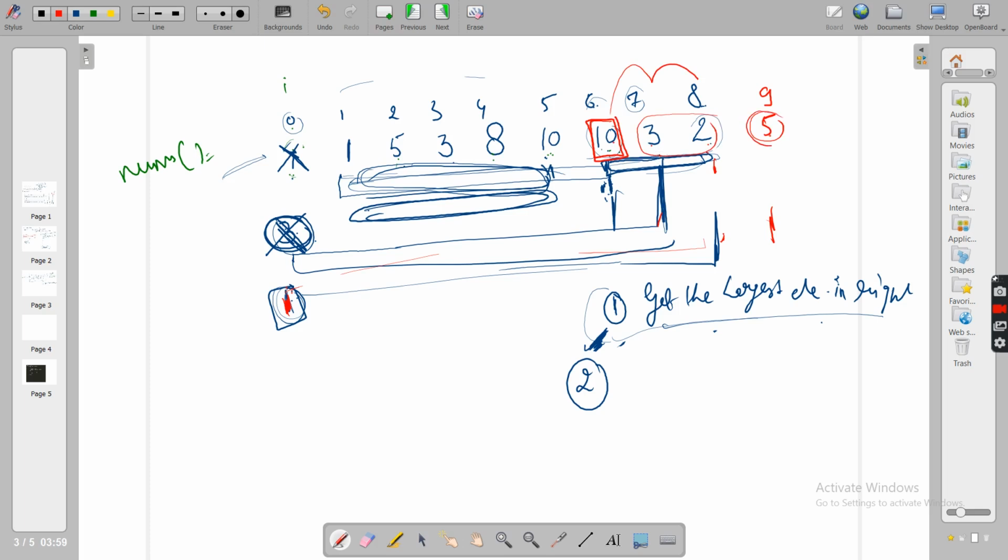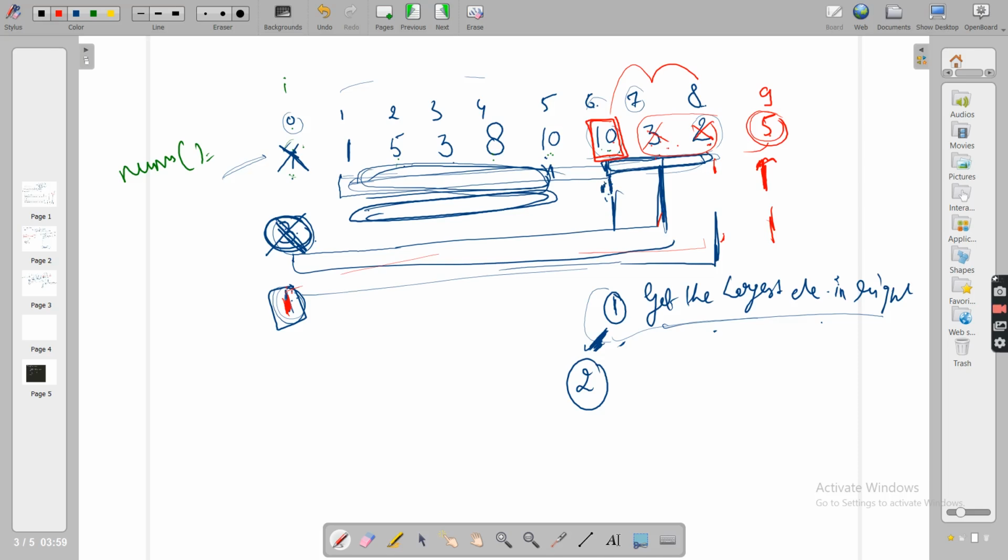But as soon as 5 came, which was greater than 2 and 3, the importance of this 3 and 2 vanished, because whosoever is creating width with this 3 and 2, they'll also make sure they'll make width with this 5. Okay, you are pretty sure about it now. So